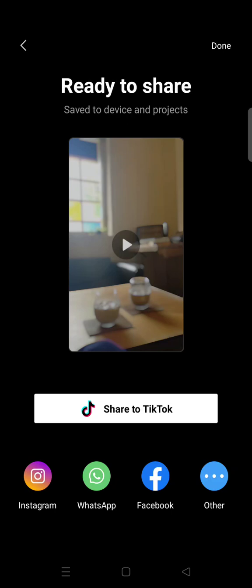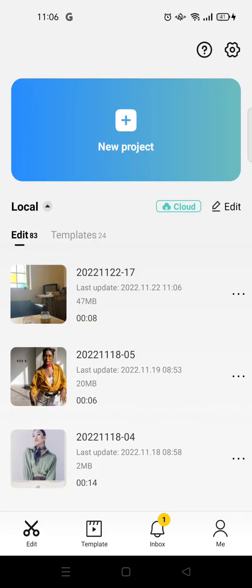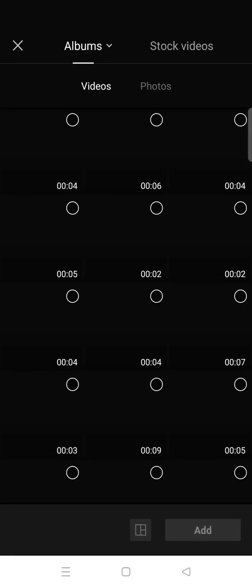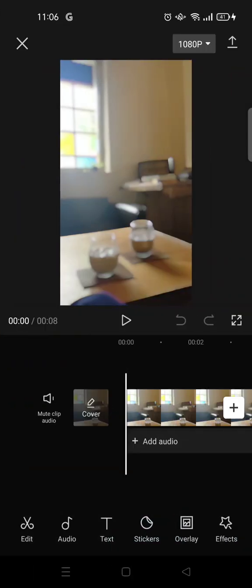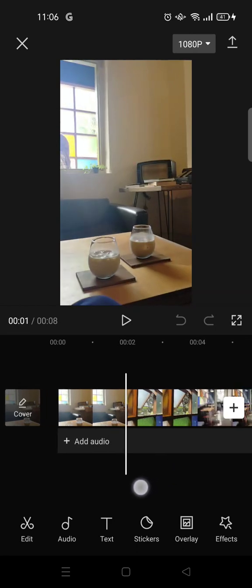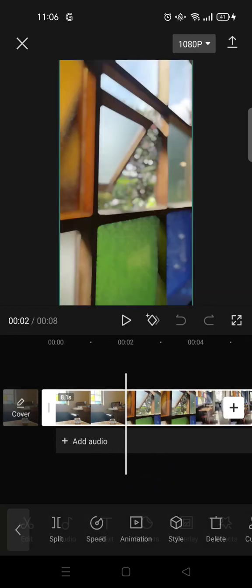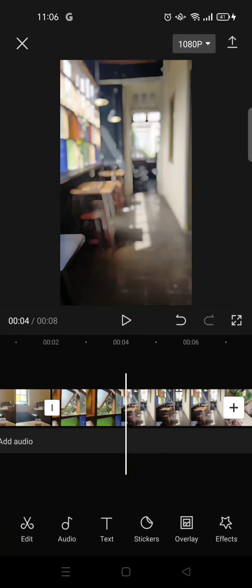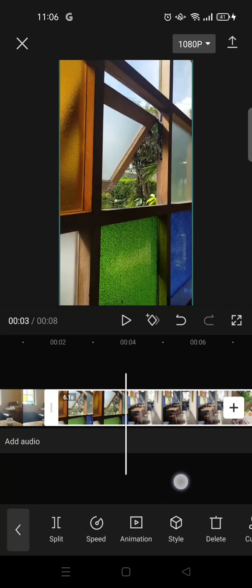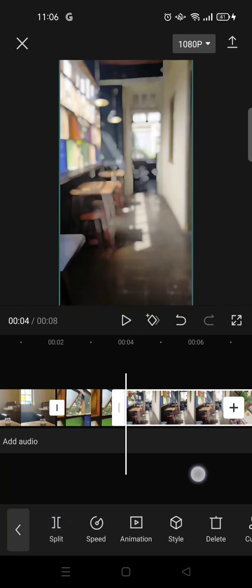Okay, after you export the video, just click on done and start a new project and choose the video that you saved before, and in here separate the video into each clip. So here I'm going to click on split, split again,